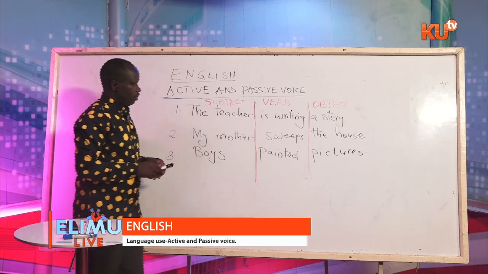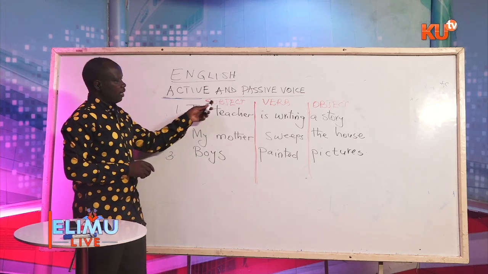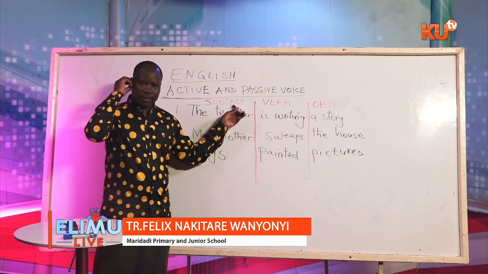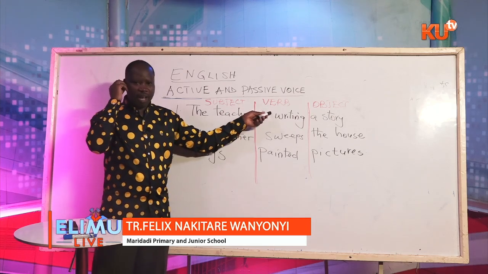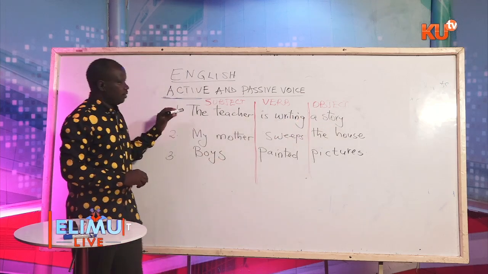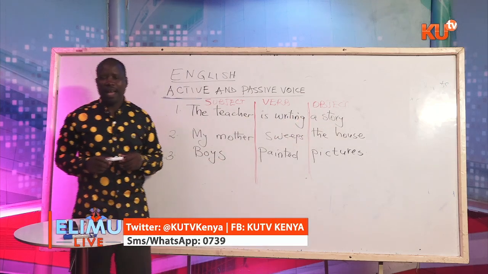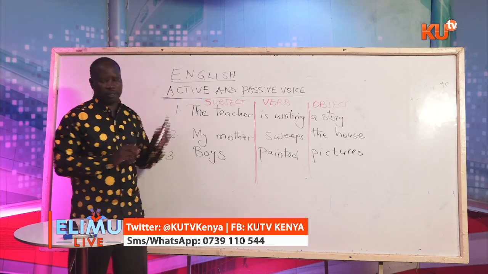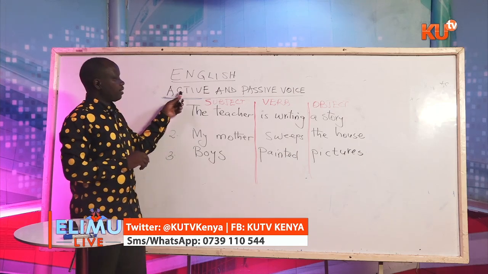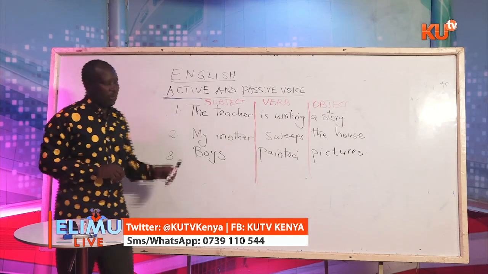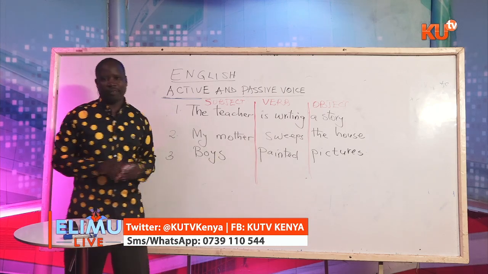When we write a sentence in this order, where we start with the subject, followed by the verb, and then the object, we say that our sentence has been written in active voice or in active form. So you can call this an active sentence or an active voice,